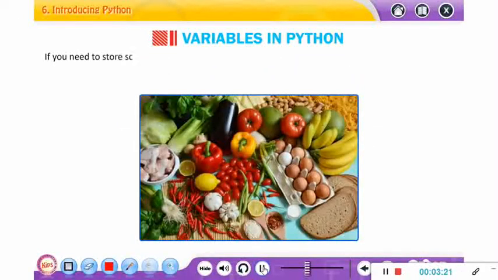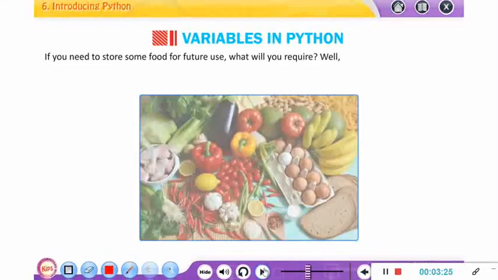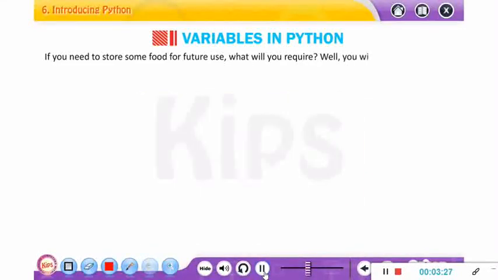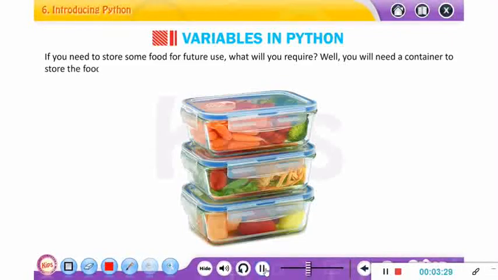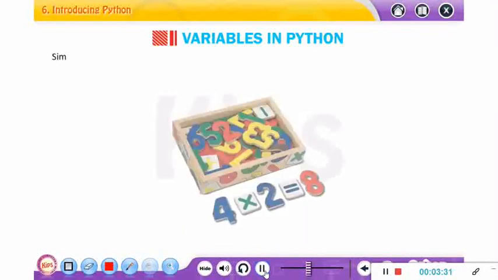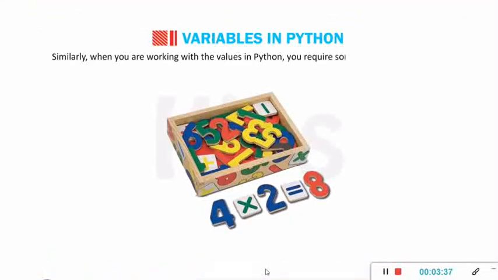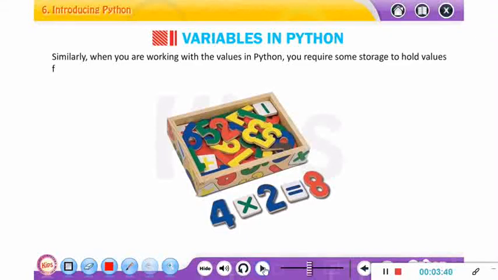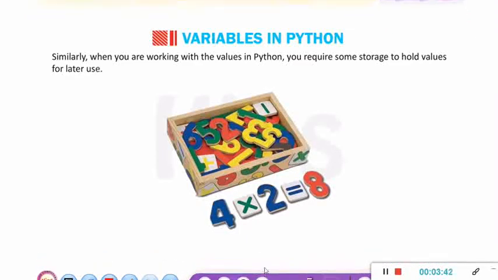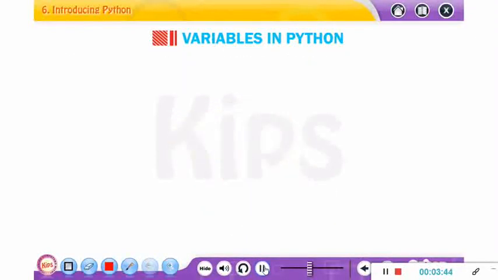Variables in Python. If you need to store some food for future use, what will you require? Well, you will need a container to store the food. Similarly, when you are working with values in Python, you require some storage to hold values for later use.